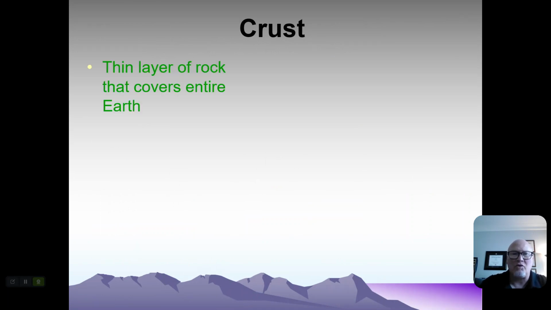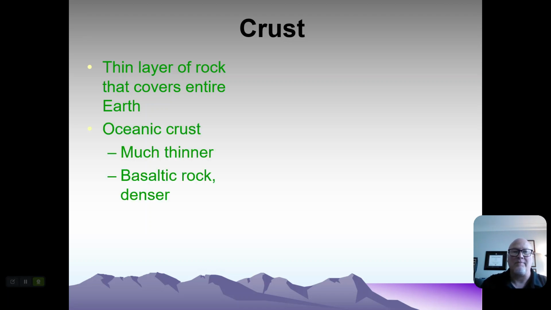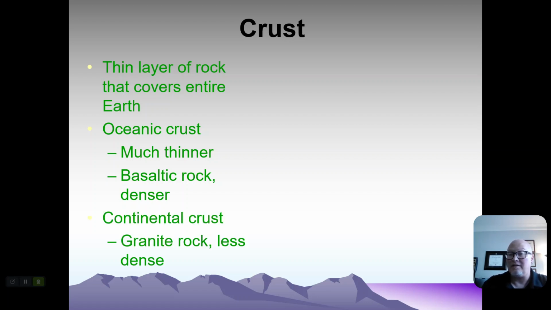So if we just take a look at the crust, it is a layer of rock that covers the entire surface. And when I say crust, we're talking about all of the continents plus what is beneath the water in the oceans, which is oceanic crust. So if you removed all the water from the surface of the Earth, you would see continental crust and you would see oceanic crust forming the entire crust of the Earth. Oceanic crust is thinner than continental crust, and it's made of basaltic rock and it's quite dense. The continental crust is made of granite, and it is much less dense